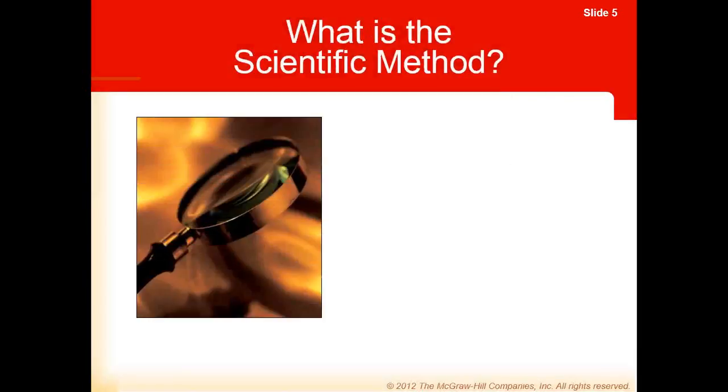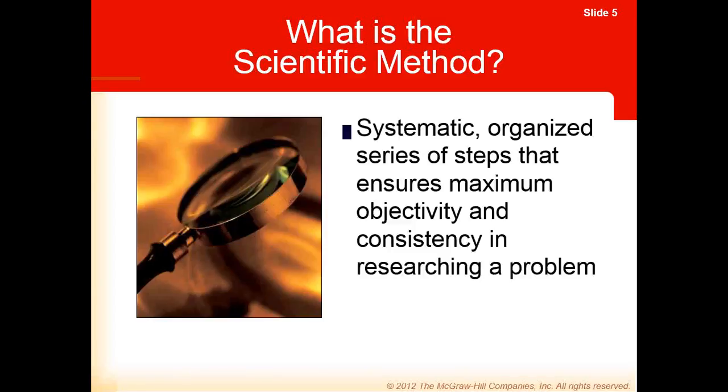So, if you remember from last lecture, if you have listened to that, we talked about sociology being practiced as a science. That was Auguste Comte's entire focus, his idea: we need to study human society in a scientific fashion to begin to understand the laws governing human behavior and human interaction. So in order to do sociological research, we have to understand the scientific method. And it's a systematic, organized series of steps that ensures maximum objectivity and consistency